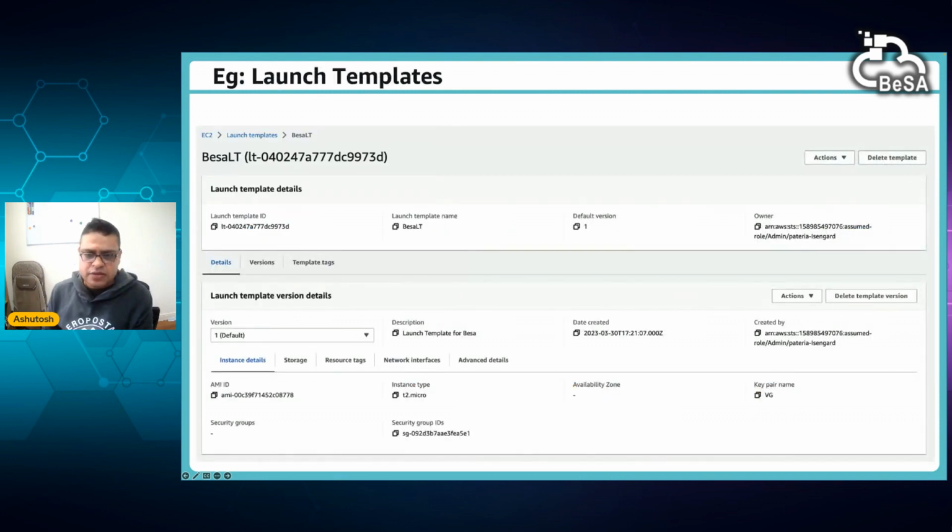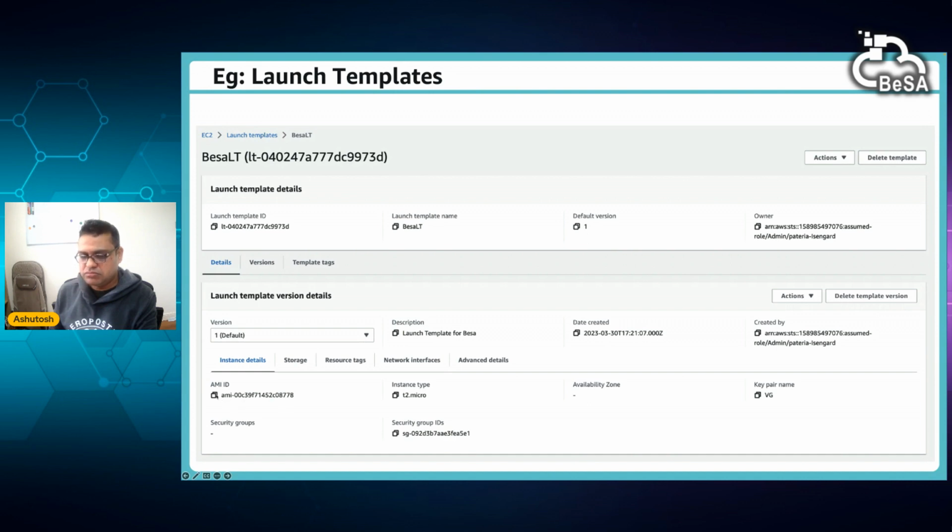Now this is a sample of a launch template. We'll create one, by the way, so don't worry too much about it, but this is how it looks. I just created a sample template. You give it a name. Default version starts with 1 because this was the first one. You mention the instance type. In this case, I selected T2 micro. You can select whatever you want, right? Which OS you want to use.